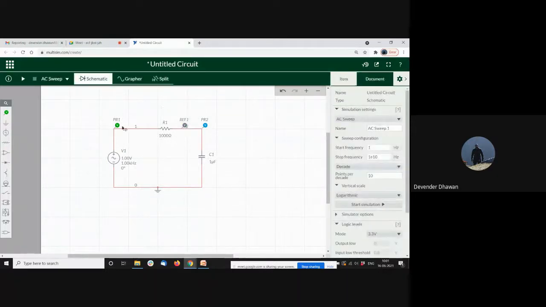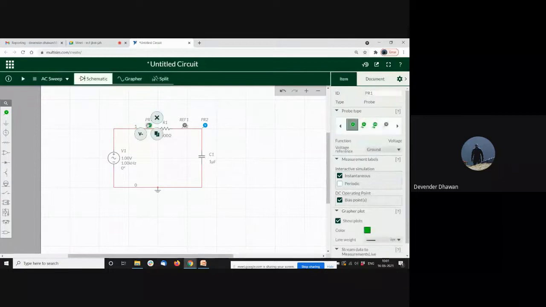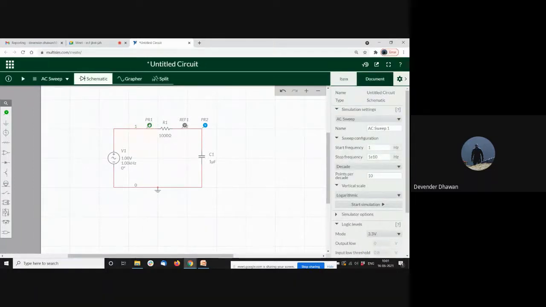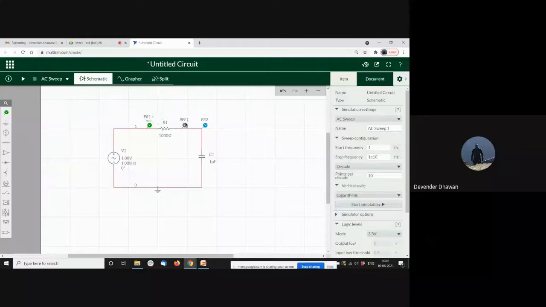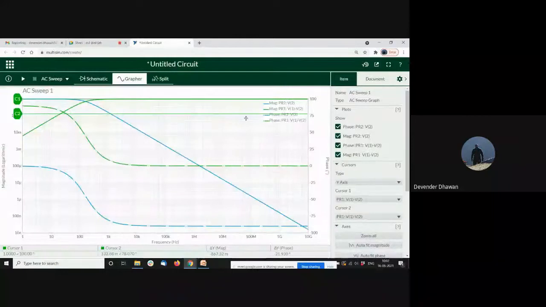Then this probe is what I want to use the reference with. So I will double click on this probe. On the right hand side, you see voltage reference is here. Right now it is with ground, so I can put it to reference 1, which is this one. You can see this is named reference 1. Now this green one will measure across the resistance. So this would be my high pass, and this blue one will give me the low pass waveform. If I run it, let me just remove the phase.